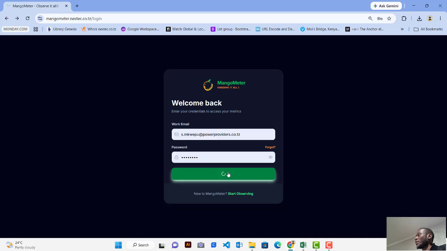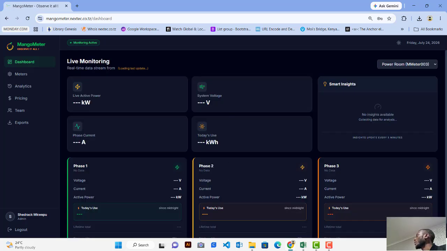And after you're done with everything, you can come back here to the login page. You will log into your account and this will be your landing page. For the people who already have the meters, they would first land here, and then